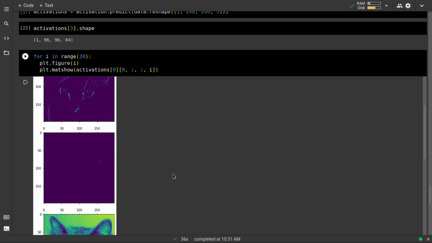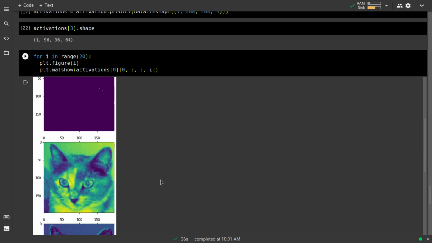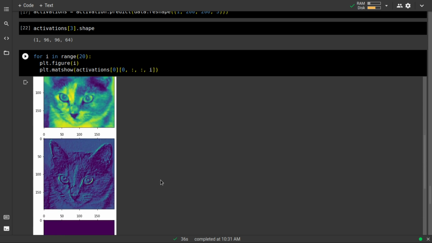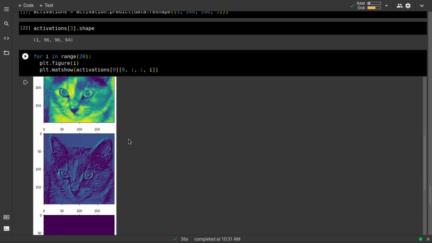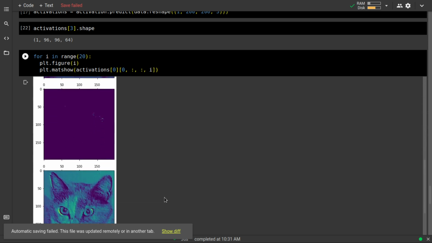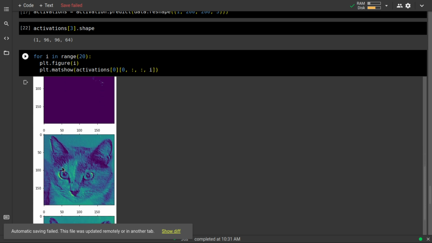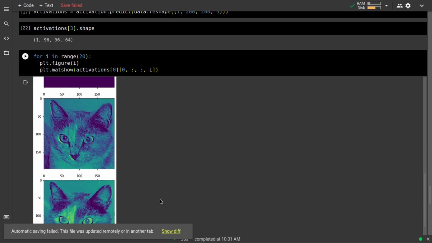This is what you're going to get when you move deeper inside the neural network. You will see that more and more filters are not being excited, which means the pattern is not there in the image. This is again pretty good object detection, where the cat face is being identified, and then this filter is again not excited. We don't see anything important over here, but there is some greenish tint over the eyes, so it may be identifying those objects.